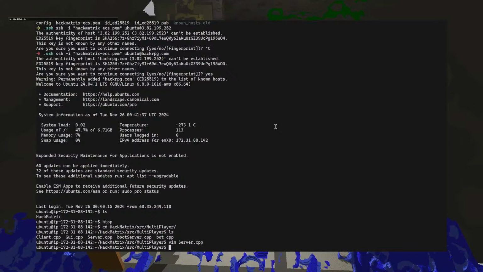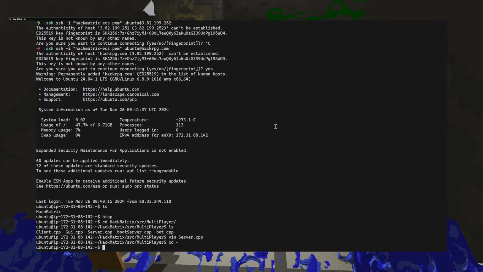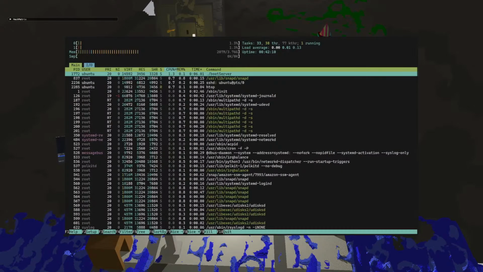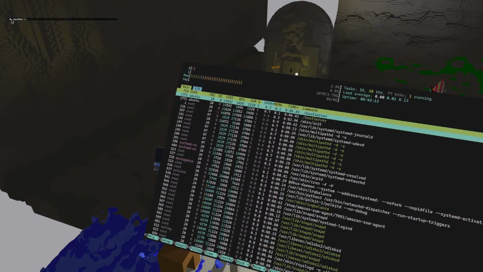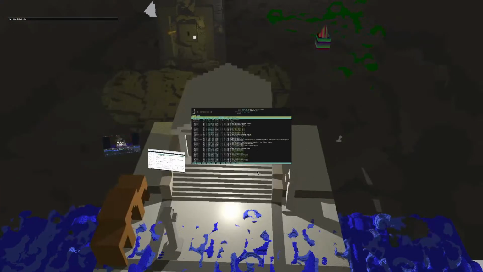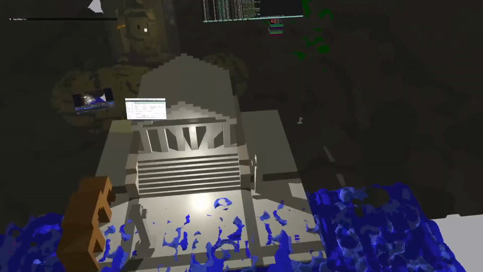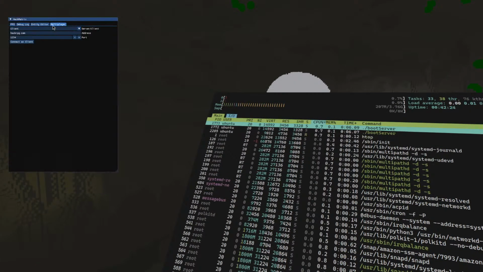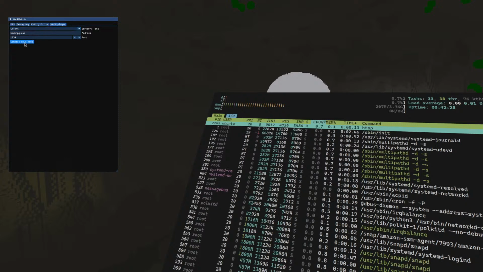So let's try that. Okay. Whoops, that was an accident. Although I do want to get close enough to this so I can see the spike when I connect. Okay, let's see if I can connect now.